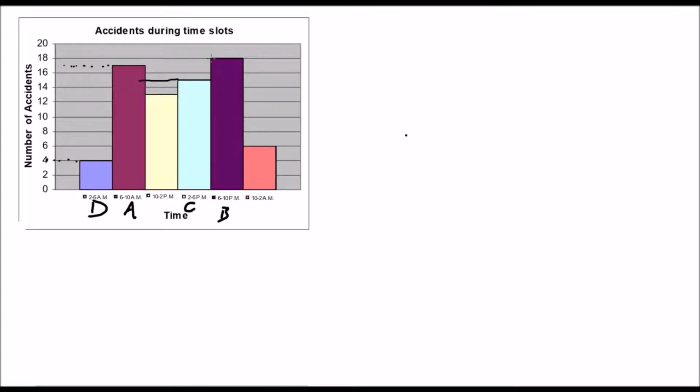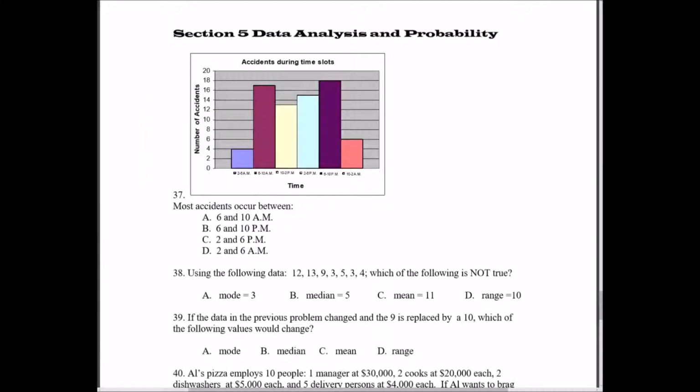Then we get to B, and B definitely, it's right on the line. We're at 18, where A is 17, so B is a pretty obvious answer there. So most accidents do occur at option B, 6 to 10 p.m. So that's really all there is to that one. The hardest part is erasing it off the screen, since it takes up so much space and it's solid. Alright, so let's move on to